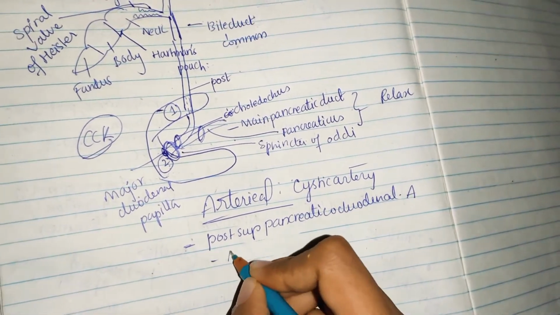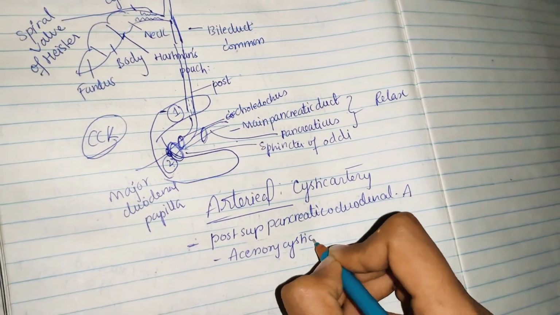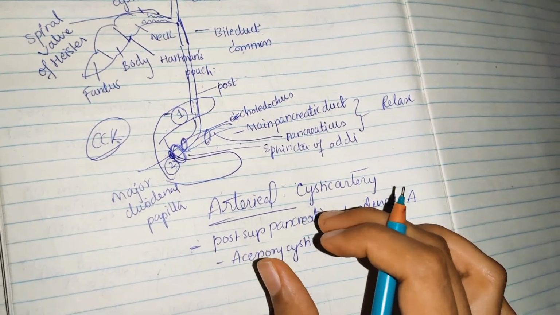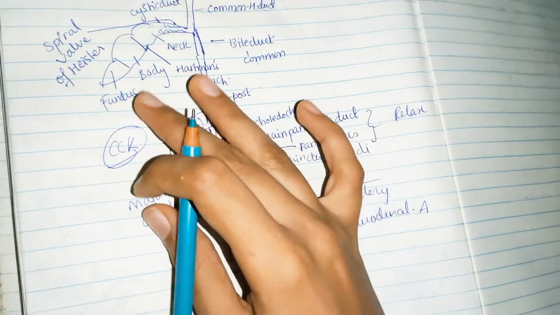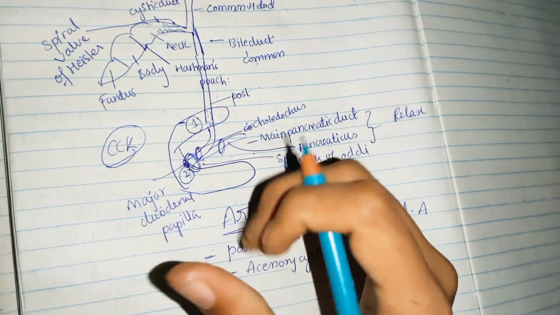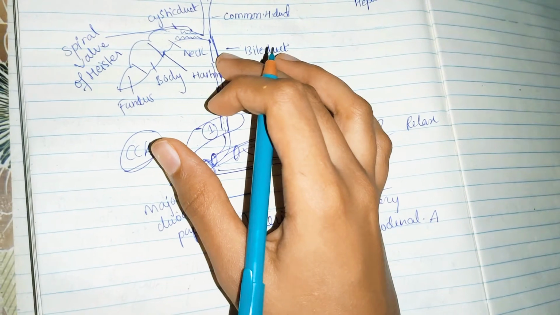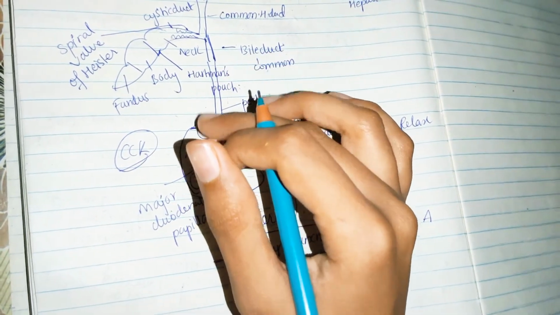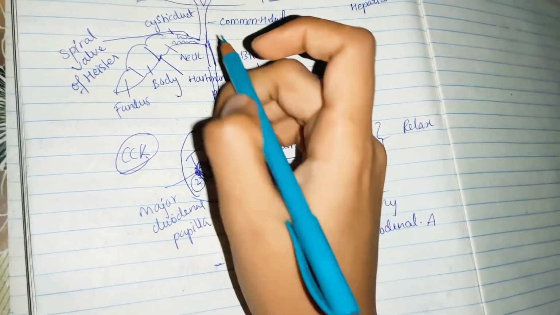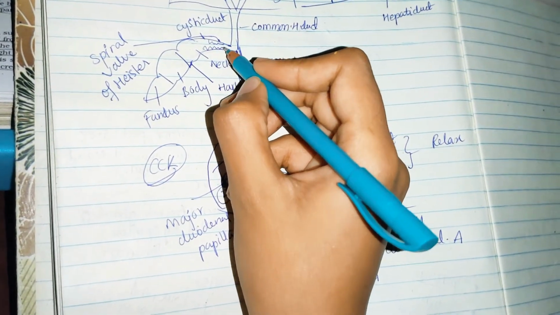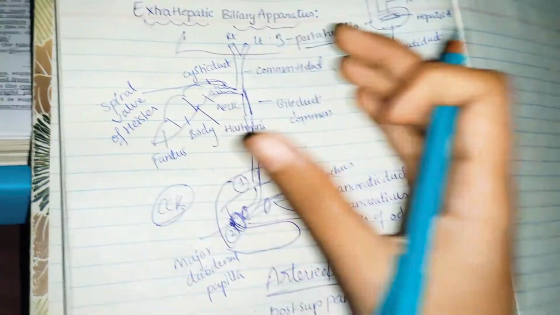And next comes the accessory cystic artery. This accessory cystic artery arises mainly from the common hepatic artery or from one of its branches, and it will supply some of the accessory parts. Next, coming to the cystic artery, as we discussed, it usually arises from the right hepatic artery and passes behind the common hepatic and cystic ducts and reaches the upper surface of the neck of the gallbladder, where it divides into superficial and deep branches. So let me show that arterial supply diagram.